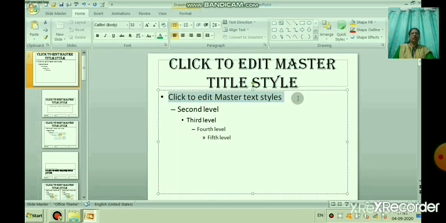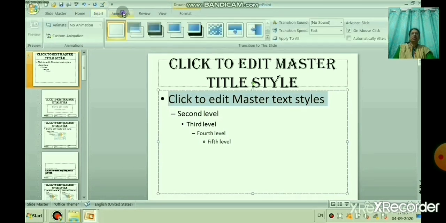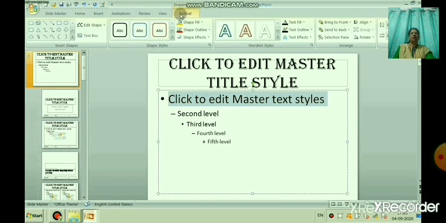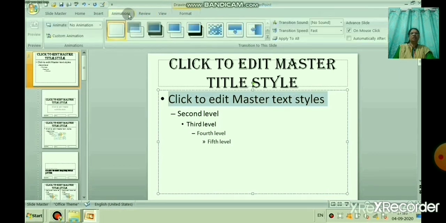If you want you can keep them, otherwise you can delete them. So, as per your requirement, you are creating a new layout with the help of Slide Master, right?